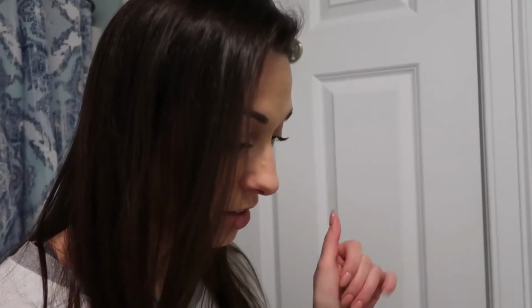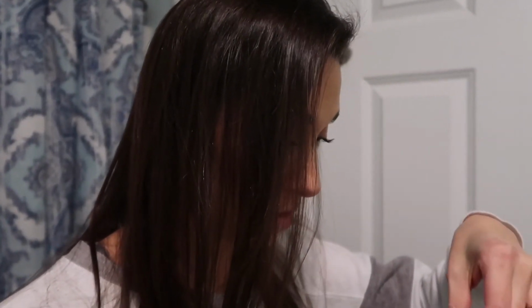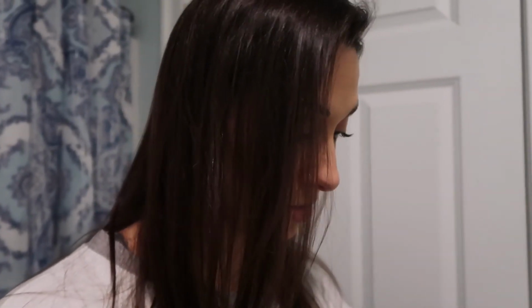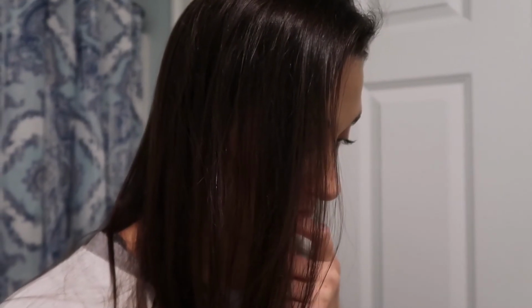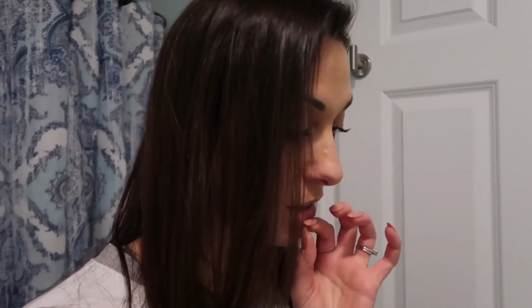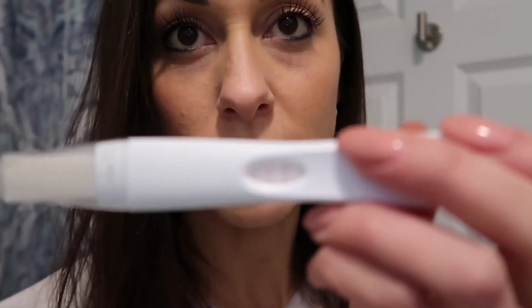So that's awesome. The Clearblue is positive again, which is awesome. The First Response is much darker than it was. I still wouldn't necessarily call that positive, but I can't believe it. 24 hours ago, I took one of these and it was stark white, and now there's definitely a legit solid line there. Oh, focus. Anyway,